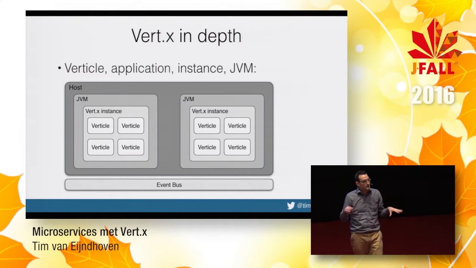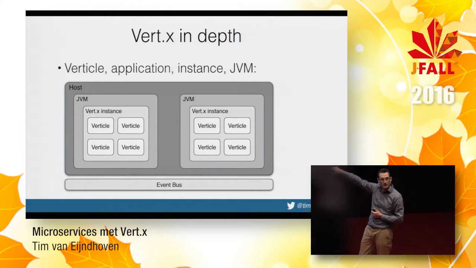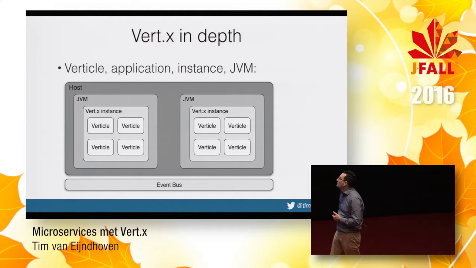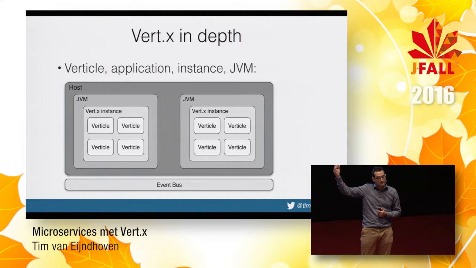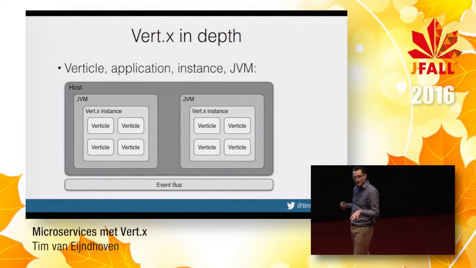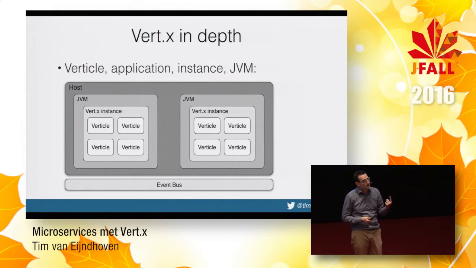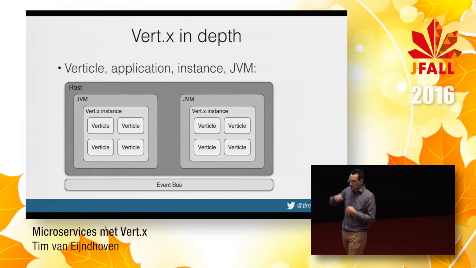Because if you look at the Vert.x deployment, let us first start on the left part of the picture. We have the host machine running, and inside it we have the JVM. Within the JVM we have the Vert.x instance running, so it's one instance per JVM. Within this Vert.x instance you can deploy multiple verticles. In my Hello World example I only have one verticle, but within the same Vert.x instance I can deploy multiple verticles. And what it actually does is, by using these event loop threads, one event loop thread